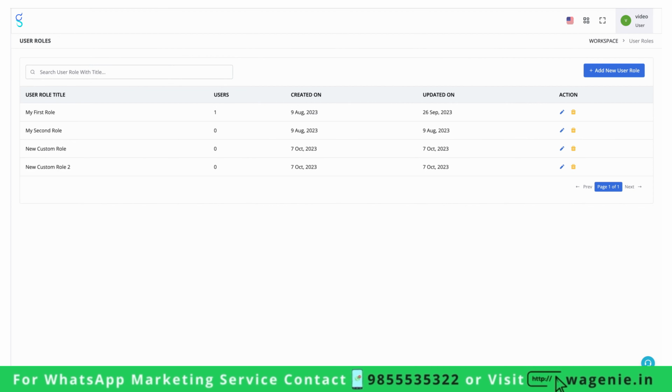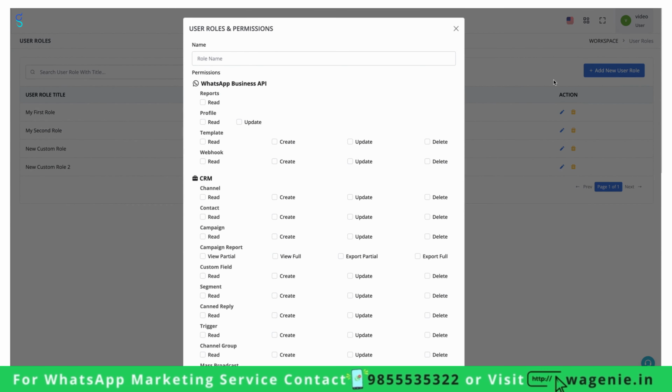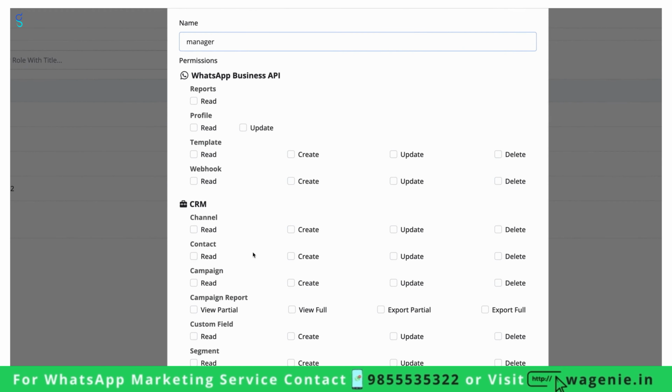Create roles for your team members or chat operators. The very first thing you need to do is go to workspace settings, and after that go to roles and permissions. Now here, click on add new user role. Now you can name your particular role, possibly as manager, and then you can allow them access to various